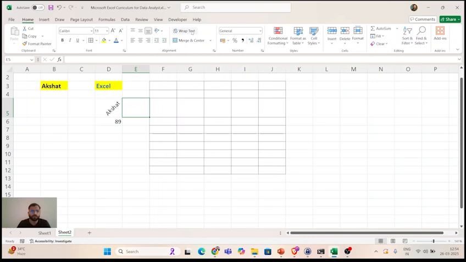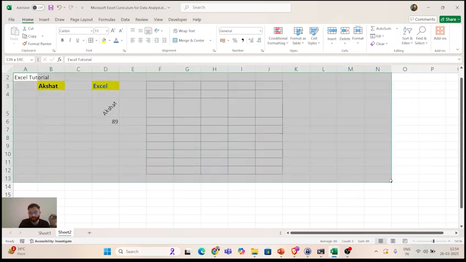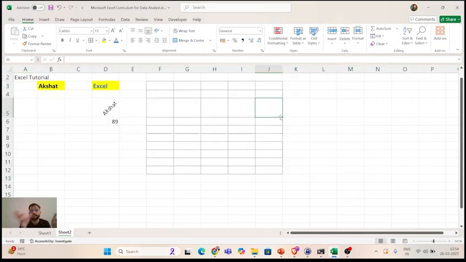Then a very important thing is wrap text and merge and center. So for example, guys, I have this file, Excel tutorial, and you can very clearly see that it is not adjusting in one cell, which is the default size. Either we can increase the column size, double click on it, and it will be good. But if I have data in the whole sheet from here till here, and I want to give it a heading, I can select all of these cells till where I want to give the heading. Let's say from column A to column G. I can select the cells and click on merge and center.